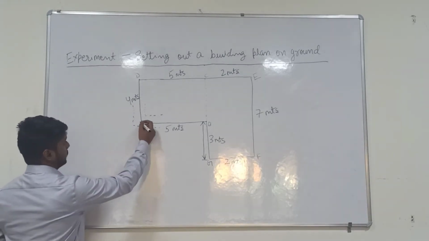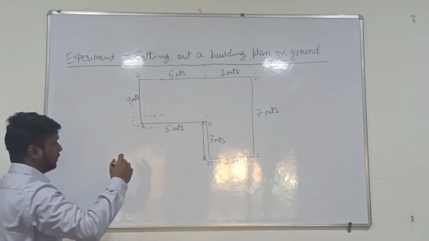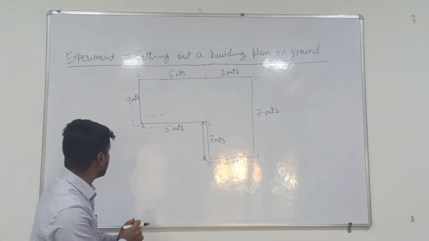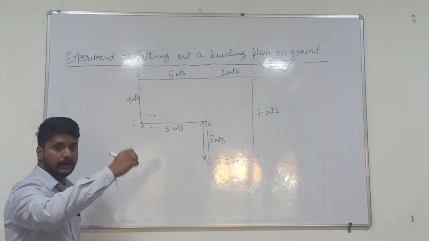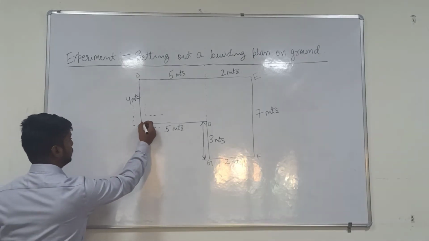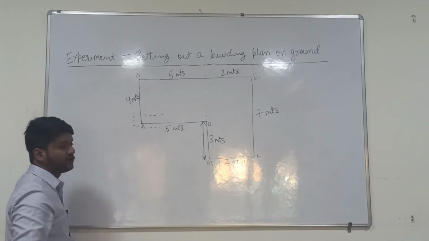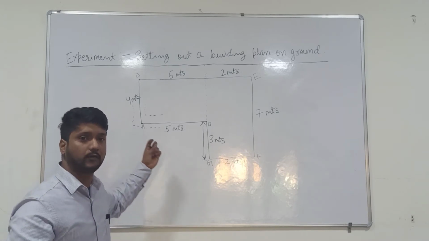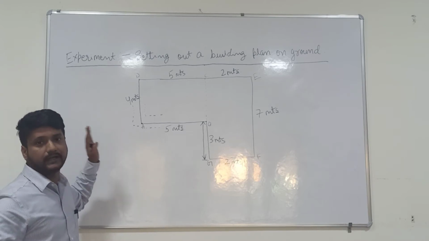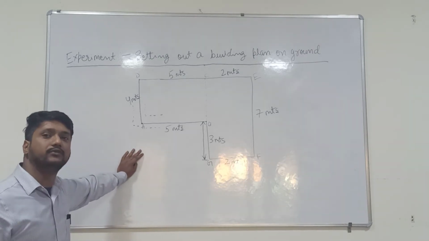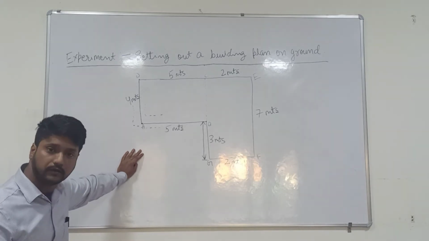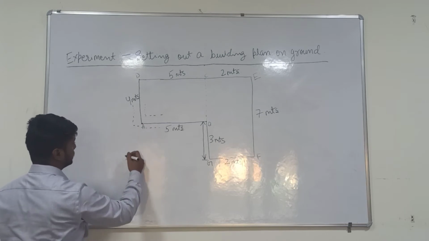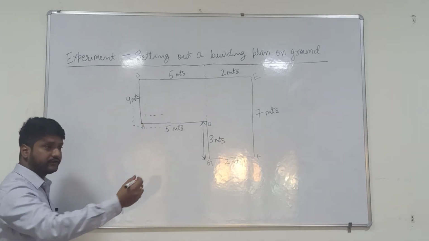So I will start with point A. Whenever you go to the ground with the map in your hand, the first and foremost step is to transfer the points from the map to the ground. Transfer the first point and mark its position exactly, so that if you have to start the work the next day, you can start from the exact same point. So this station has to be established first of all whenever you start setting up your building plan. In order to establish this station, the principle of triangulation is used,